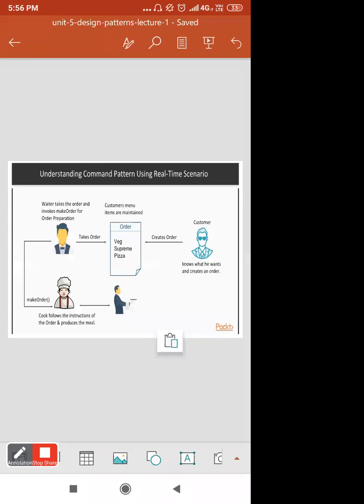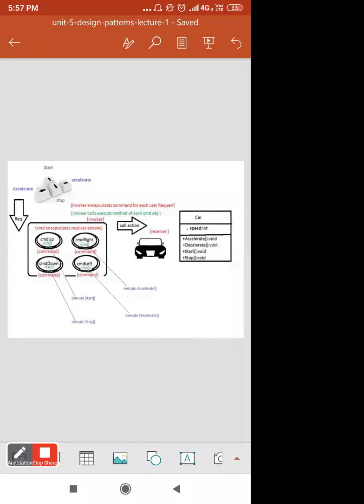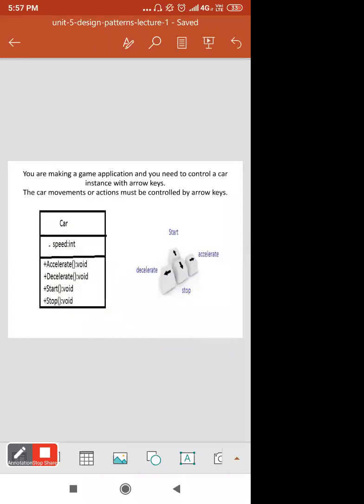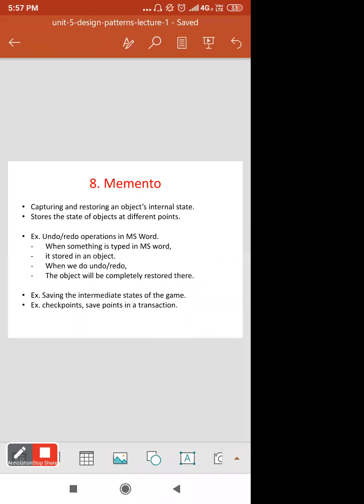One more example is a customer's order, which is given to the waiter, who then gives it to the cook, and finally the cook gives it back to the waiter, and the waiter serves the order. So this is a real time scenario of the command pattern. Many examples are given here, you can go through them.